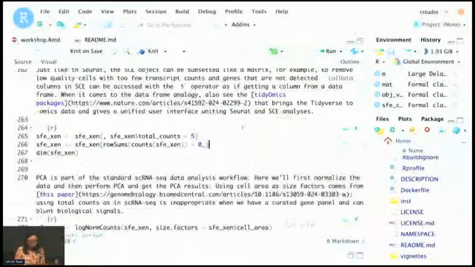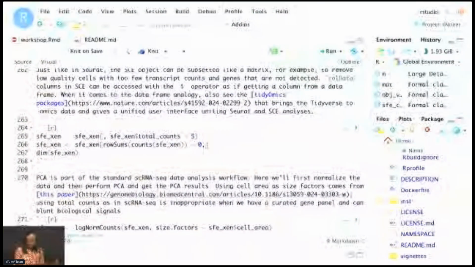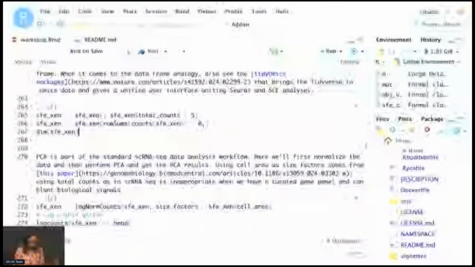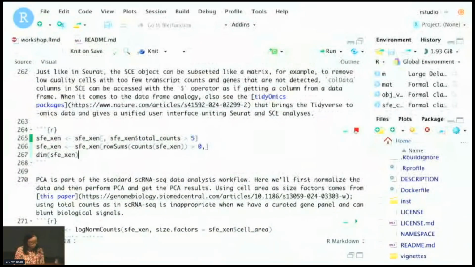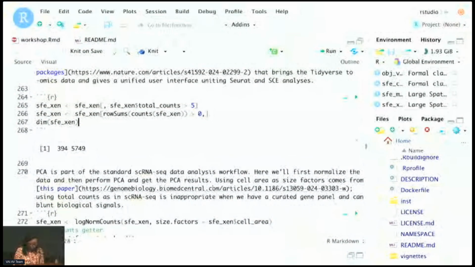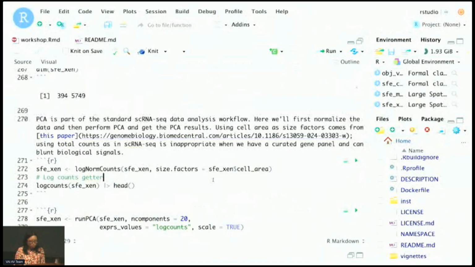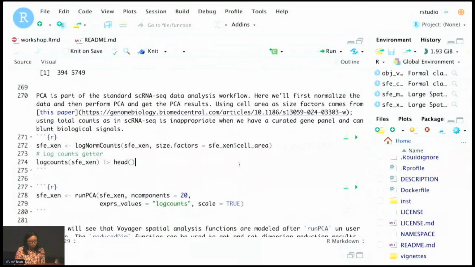SCE is centered on the gene count matrix, and it can be subsetted just like a matrix. Here I do that subset just like a matrix to do a quick and dirty QC, to remove cells with very few gene counts and to remove the features that are not detected. Then again I'm just applying the methods from SCE.